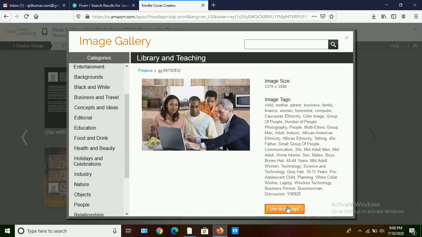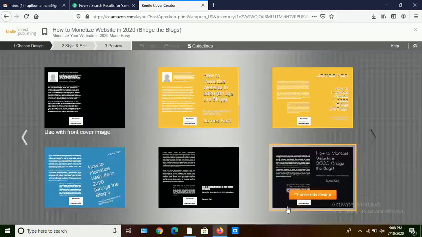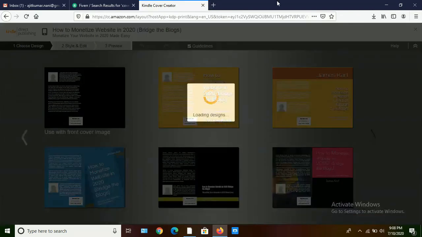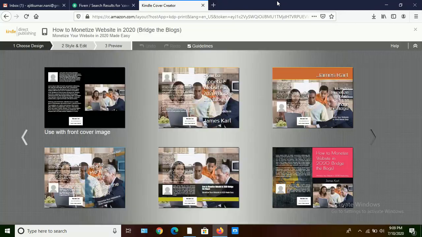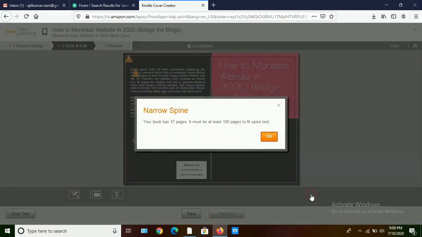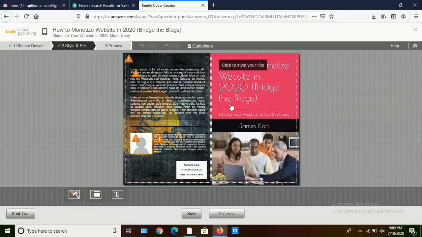Yes, click on use this image. Okay. I like this one, so click OK, because the title of the book is very clear here.